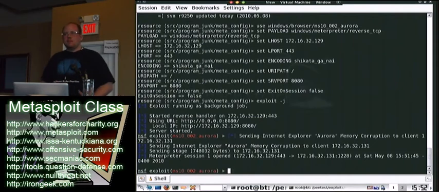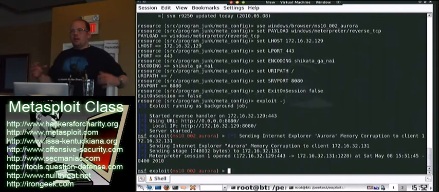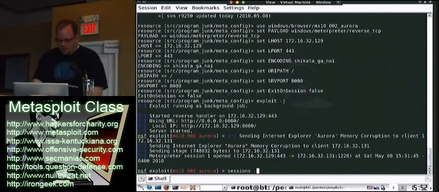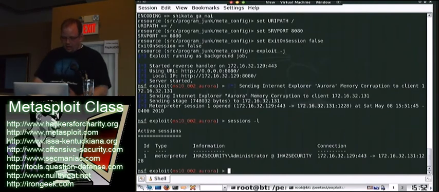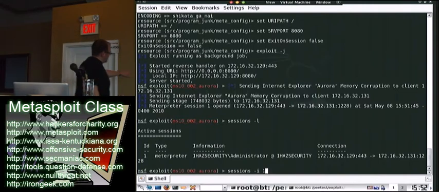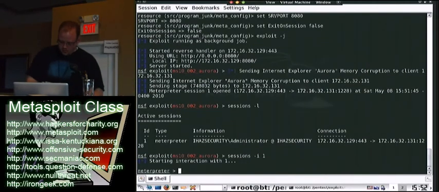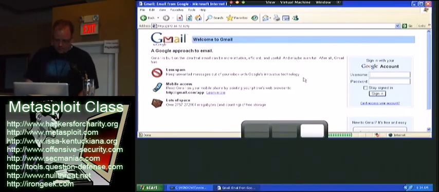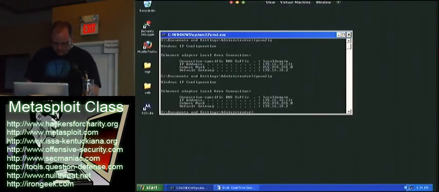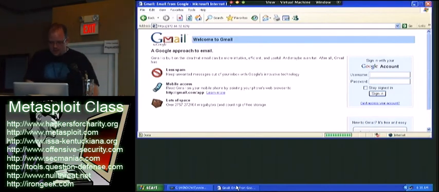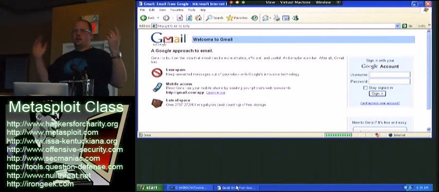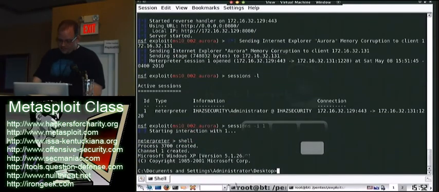Reason being is, what happens if you get 50 people that browse your site, or 60 people? You're going to have 60 shells. You don't want to interact with them every single time one opens. So it'll list all of them there for you. So you just do sessions, and you can see here, I'm running an interpreter console in session 1, right? Understand the ID here, so you see ID 1, I'm just going to interact with 1. If I had 70, I would interact with 67 or whatever you want to. So I'm in, and I'm running a shell. All good. If you notice, there is nothing popping up, which means my payload was successfully code caved. I took calc, never got detected, and we're all set.